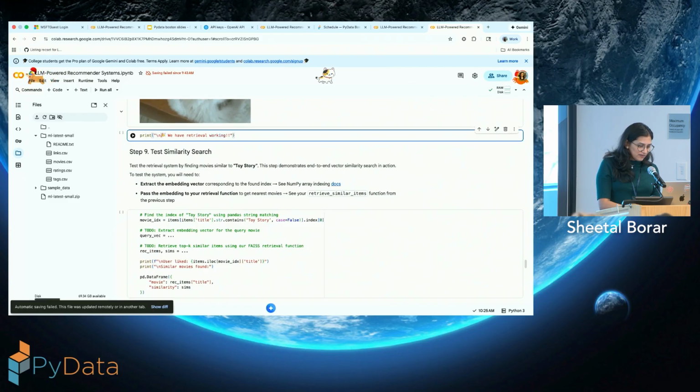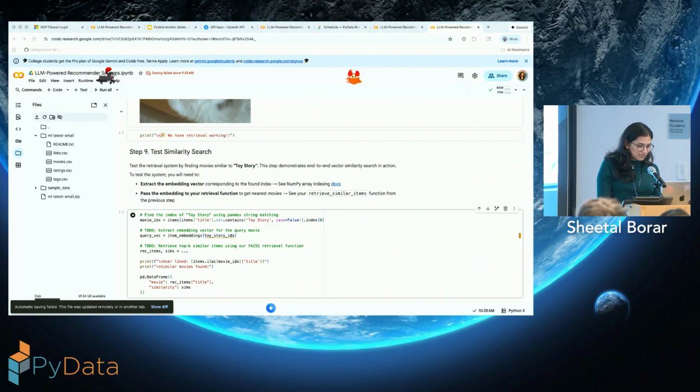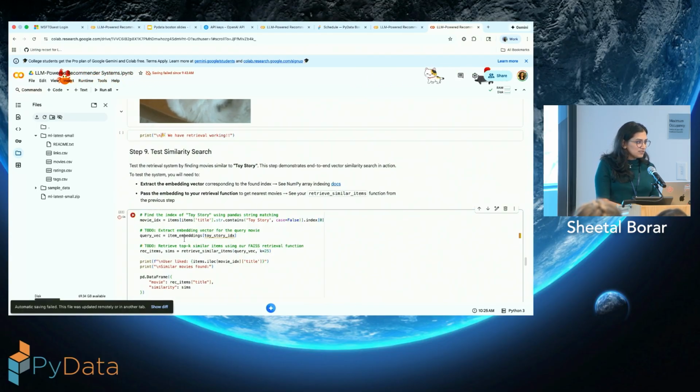For example, if I want to see the results for Toy Story, I can get the index and retrieve similar items. New cell. Retrieve similar items is the function that we created. We are trying to get 25 results here. If we run this function,